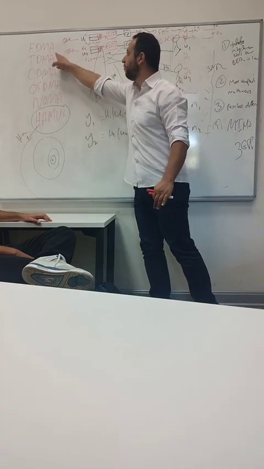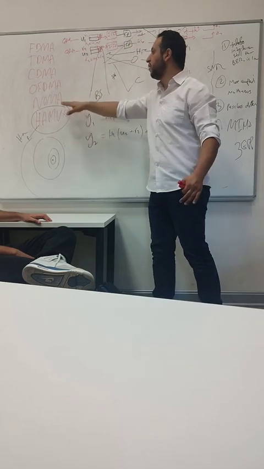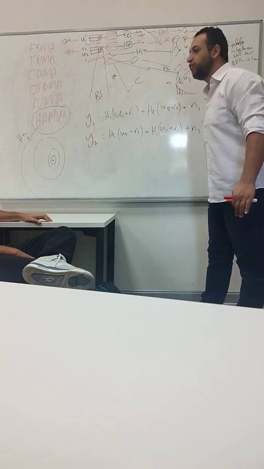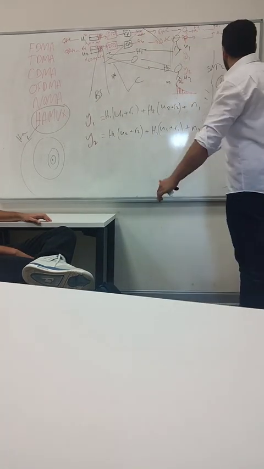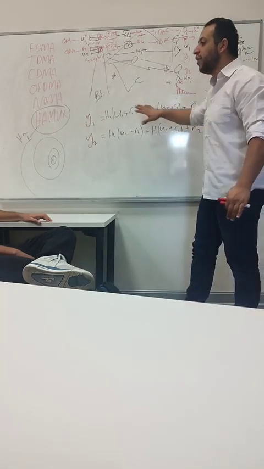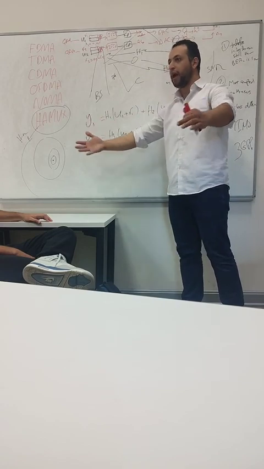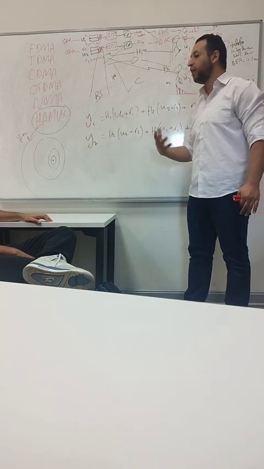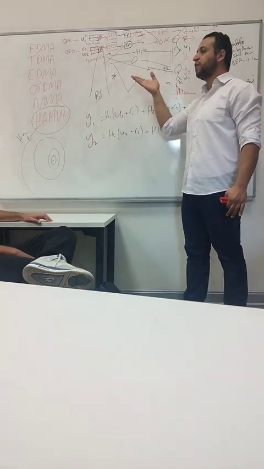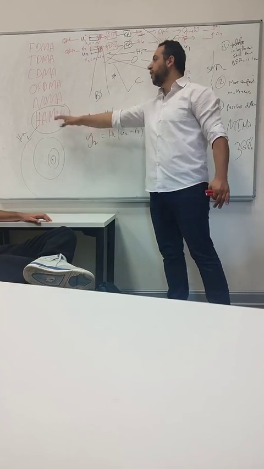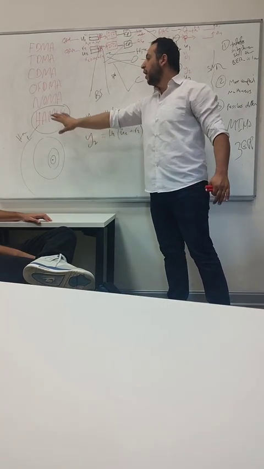Up until here, FDM and TDM were using the same thing, and we talked about NOMA, which is a technique that was proposed for 5G and then got rejected because of these many problems. And then we said we are going to come up, we as a group, as a class, with a better technique that can fix all these problems. And the technique we came up with is called HAMUX.